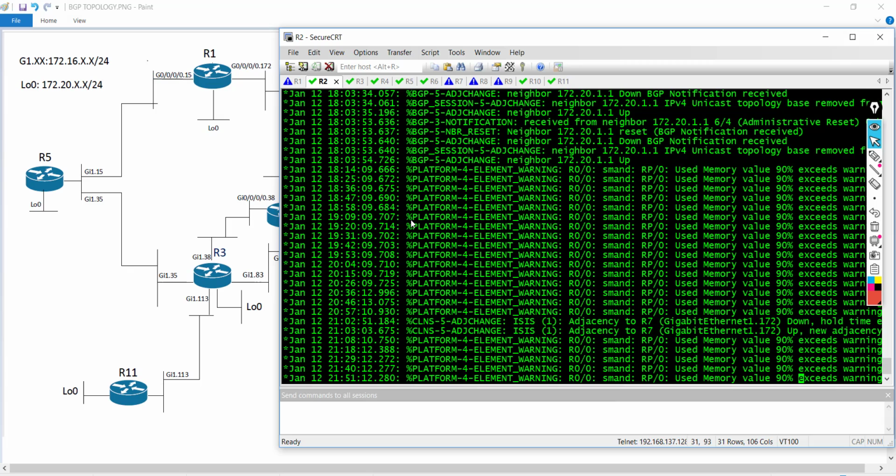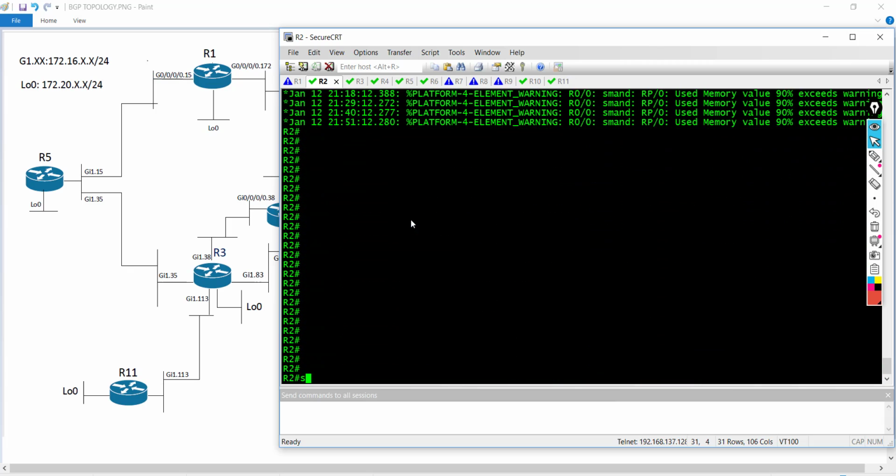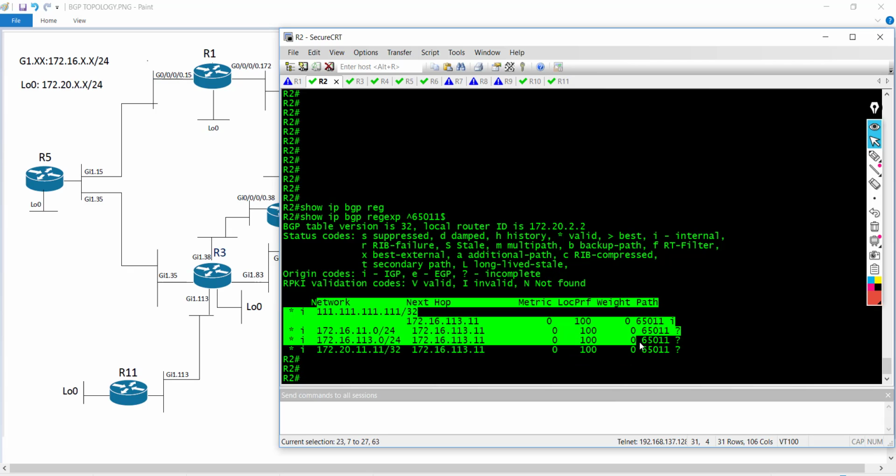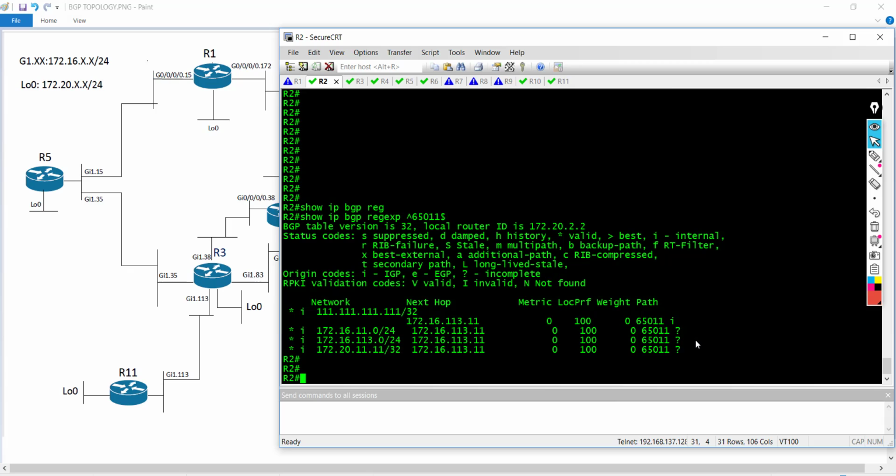Because if I go to Router 2 now and I say show ip bgp for any prefixes I'm learning from 65011, we are going to see that yes, we are learning prefixes from Router 11, but we don't have the correct path. We have a valid path, but we cannot recurse to those IPs because the next hop is inaccessible. Because if I come here and say show ip bgp for 172.16.113.11,